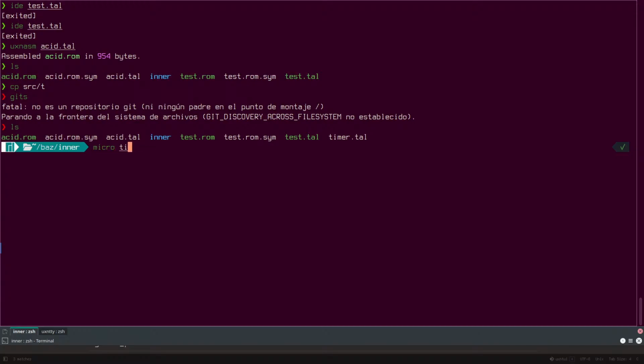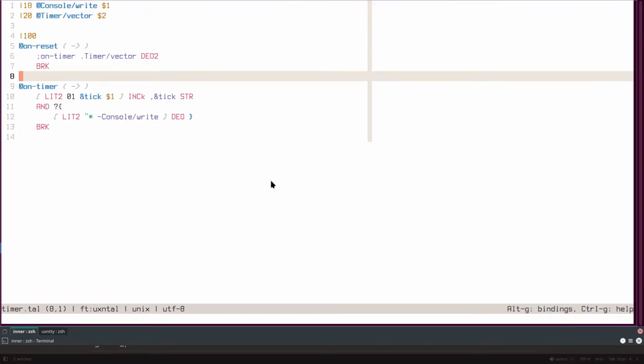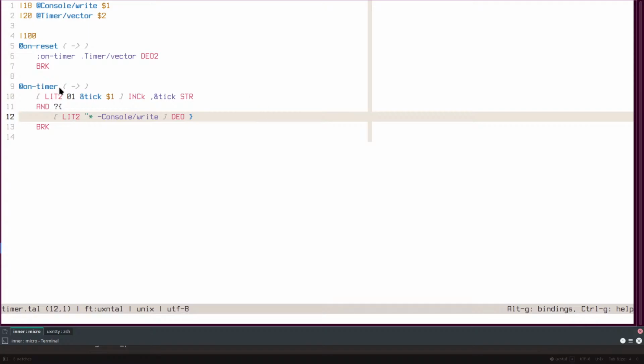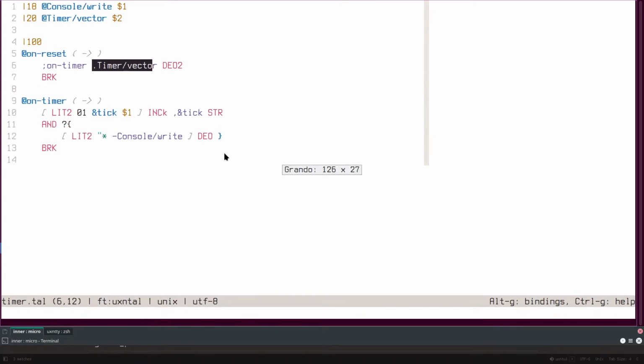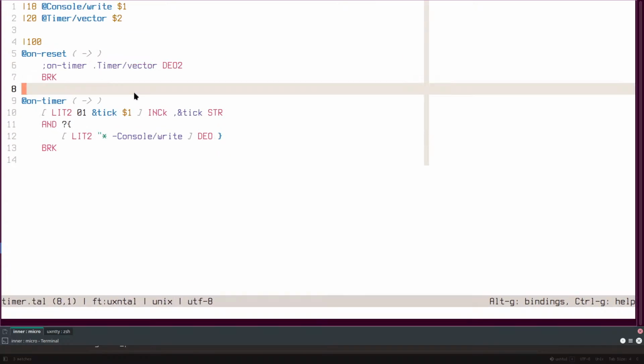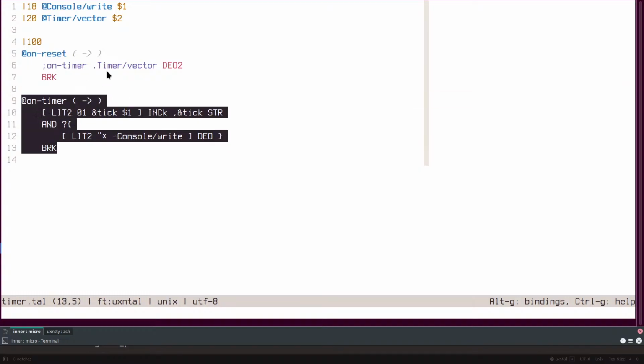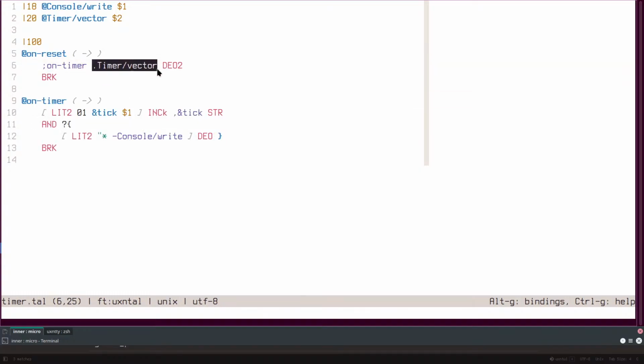Okay, now timer.tal, and here, this is basically a callback to the timer vector. So on the reset vector, we set this other vector to be on the timer vector device. All it does is increment a counter, a tick,